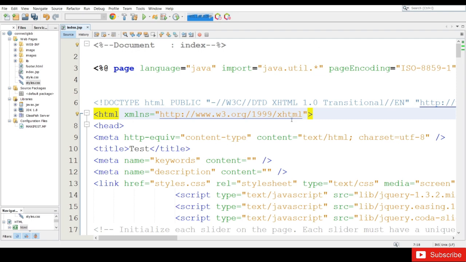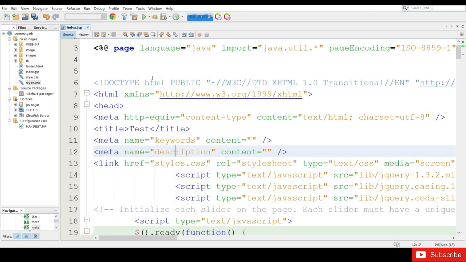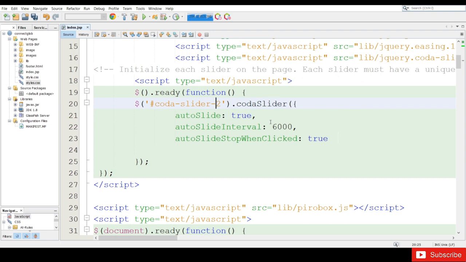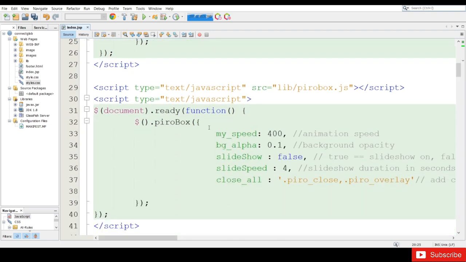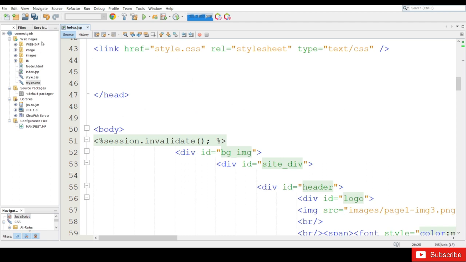This is basically an asynchronous thing I'm going to use here. Then some keywords, description and a title as a test. I will change it to connect globe because while testing I'm using this. I will tell you what these things are. I just added a script here, then all the things here. Style.css I'm adding. So let me first deploy this part,